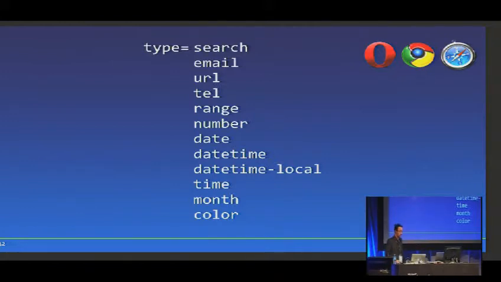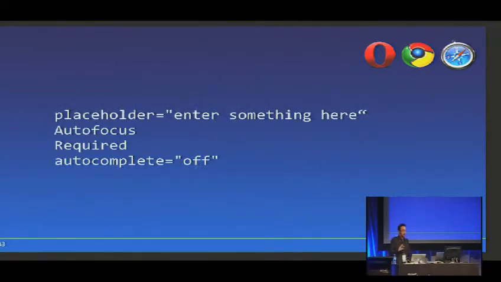So no loss, really. A few more additions to the forms is they've added a few more attributes to the form input types, one of which is placeholder. And this makes a lot of sense. A lot of input fields you'll see with the text in the input field, and if you click in the input field, that text disappears and then you can type. Well, that's what placeholder is. Autofocus, one guess what that does. Required. Now, this is an interesting one.